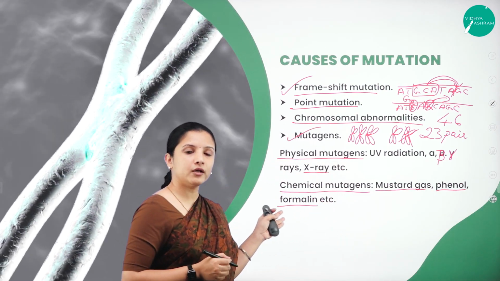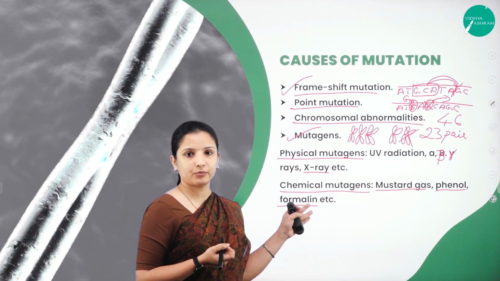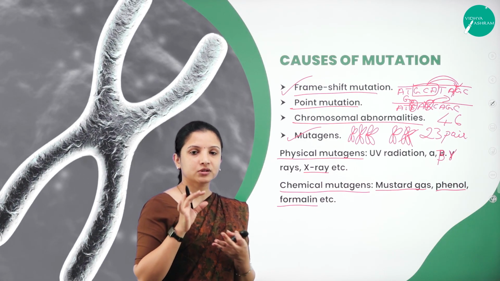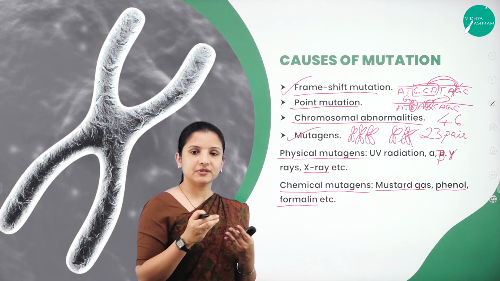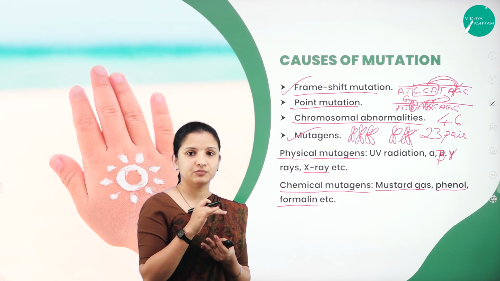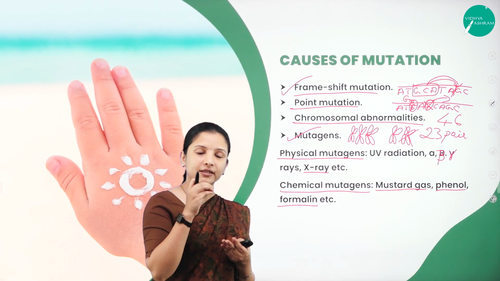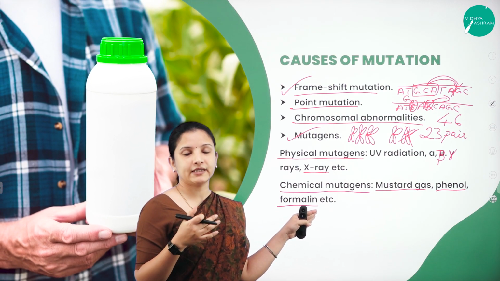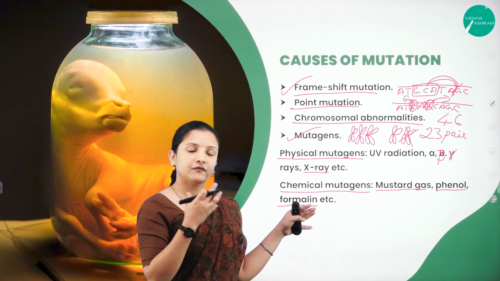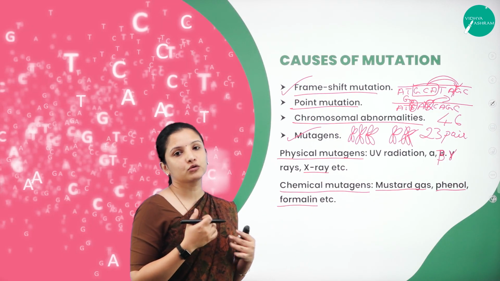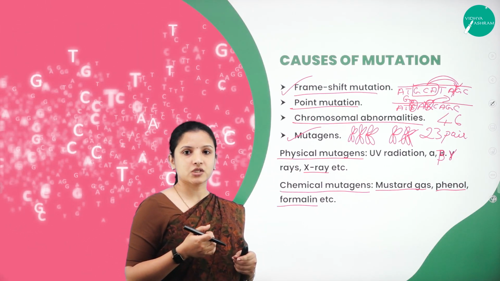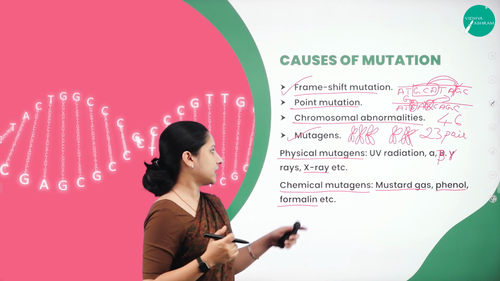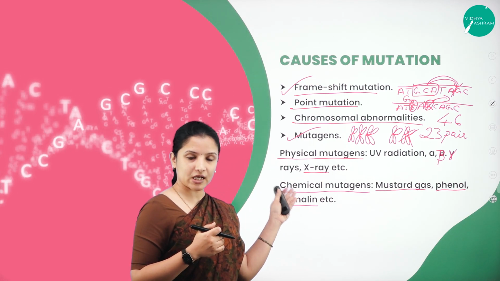Formalin, as a biology student, all of you know about formalin. Formalin is the chemical compound used in preserving specimens, plant specimens and animal specimens. We preserve them in a glass bottle, right? Inside that glass bottle, they put a liquid. That liquid is formalin. Formalin is actually volatile. It evaporates. If we take in too much of the formalin fume, it is not good for the body. It will cause mutation, that is, it will bring about alteration in the DNA, therefore causing chromosomal abnormality. So these are the different mutagens that are present.